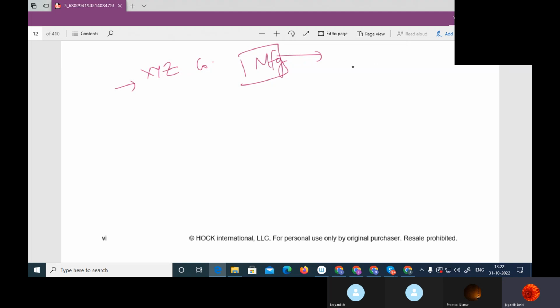So there are many organizations involved in this process of the final goods which the customers get. They are not getting them directly from the manufacturers, but they are getting them from the retailers. So manufacturers are involved, dealers are involved, wholesalers are involved, retailers are involved. All are businesses, correct? So now one question I want to ask you: if this manufacturing company